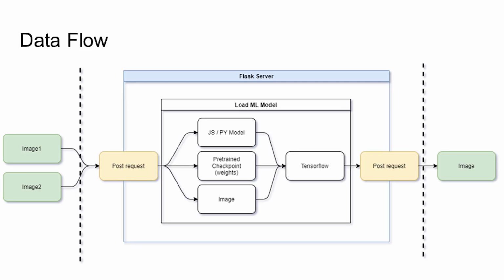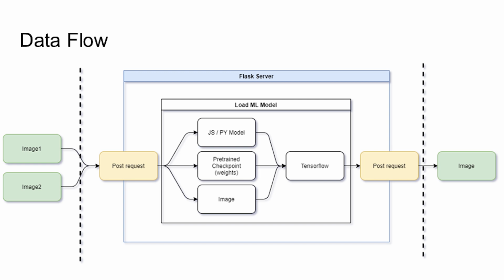So looking at the high level process of how we started to stitch all the pieces together, we started with this flow of being able to take in some image data. We have set up a Flask server that sits currently on Sergey's machine, but ideally it would sit remote. And then there's a series of requests that are made to the server. This has the pre-trained data, the image, the weights, and so on.